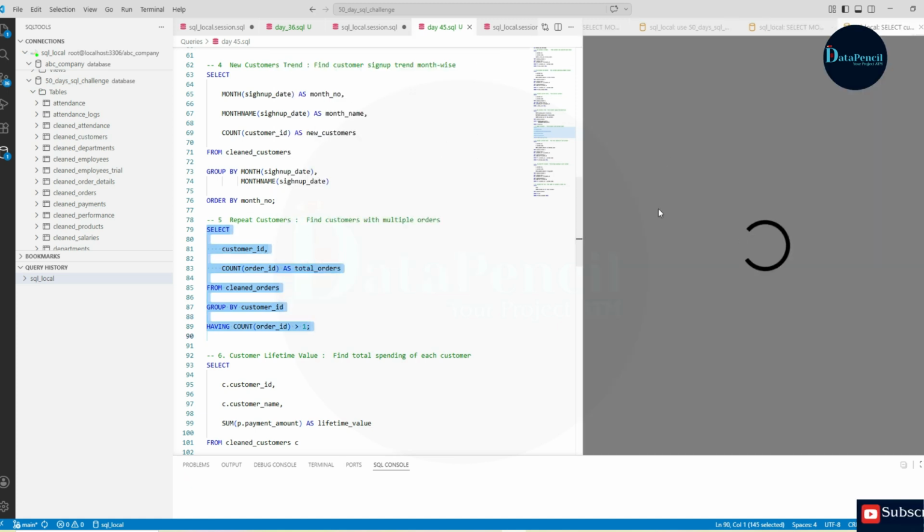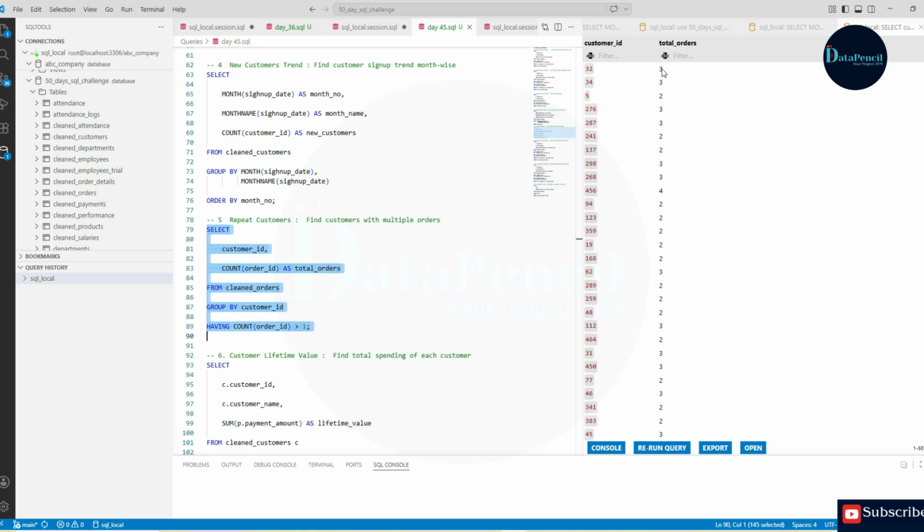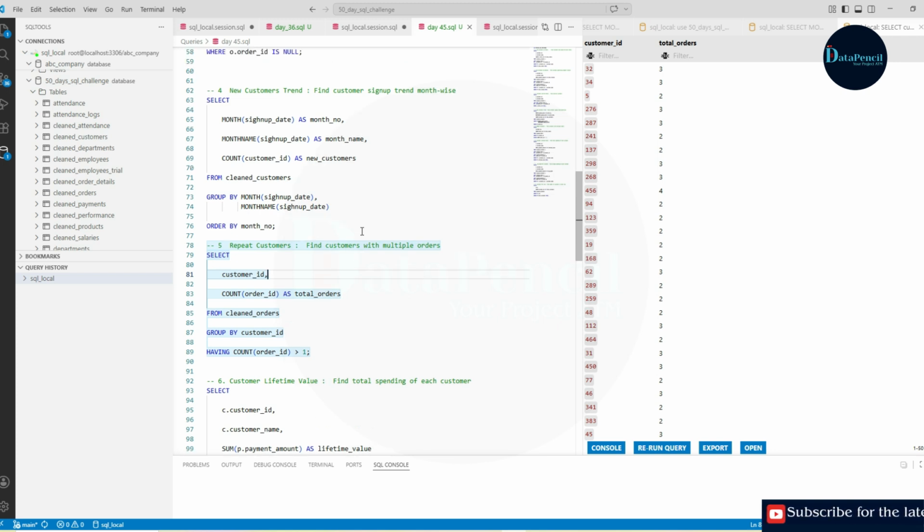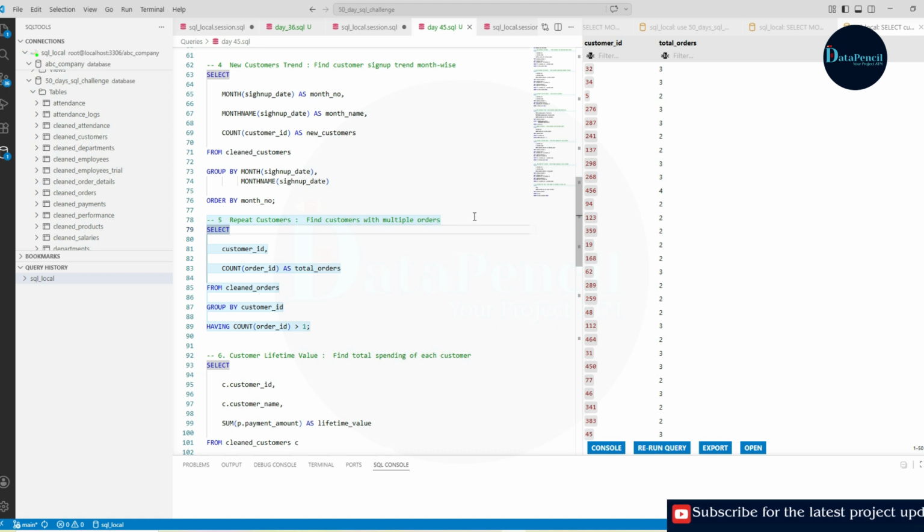Now once you run your code, you will see the customer ID and the total orders arranged in a descending manner. Very easy funda, guys. If you have to find any value for each customer, month wise, customer wise, order wise, order count wise, then we will simply use group by. Group by that customer ID, group by that order ID. And if we want the highest one or lowest one, then we simply apply order by ascending or descending as per the need.